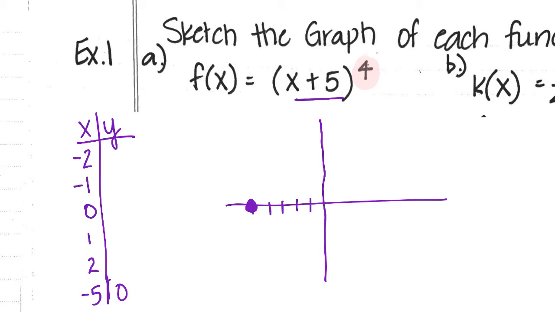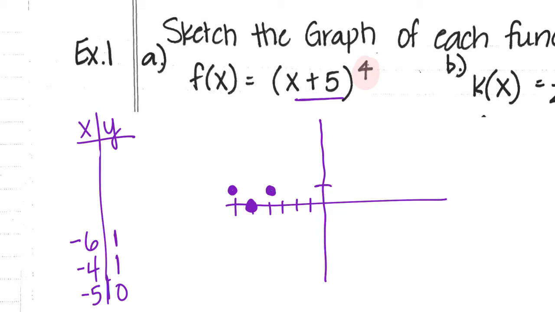So actually, these numbers that I came up with are pretty poor. Let's go around from this negative 5. What if I plug in negative 4? Negative 4 plus 5 is 1. 1 to the fourth power is 1. What if I go to negative 6? Negative 6 plus 5 is negative 1. To the fourth power is also 1. So I know that here and here,